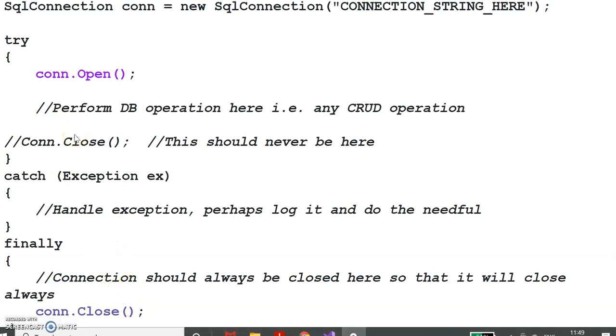If we don't use exception handling, the program will run, no problem in that, but sometimes, suppose you cannot log in, you cannot open the database, then it gives an error, and this error is in the form of a system error, so that cannot be understood by the normal user.